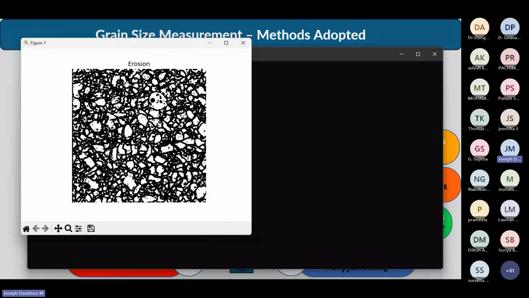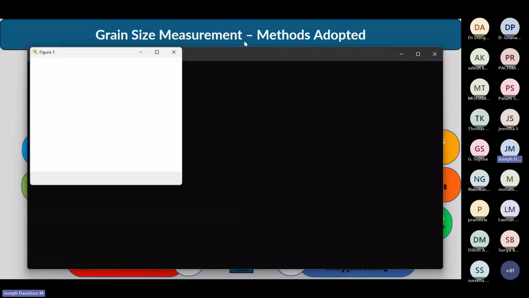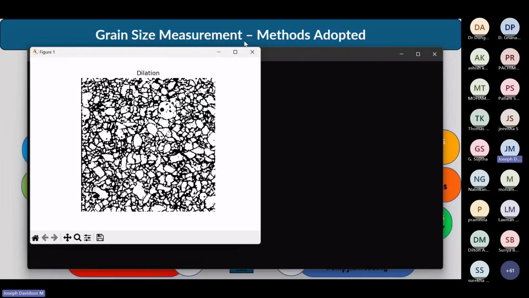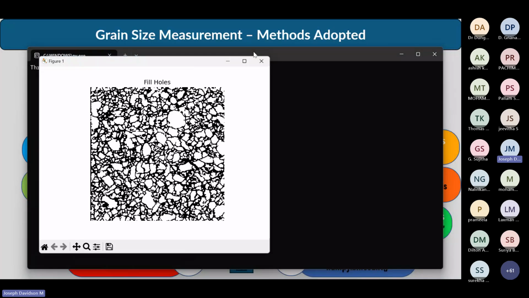What is erosion actually? You remove all the black spots by shrinking the white spots, right? That is erosion. And dilation is you try to again increase the white spots, and you fill the holes.